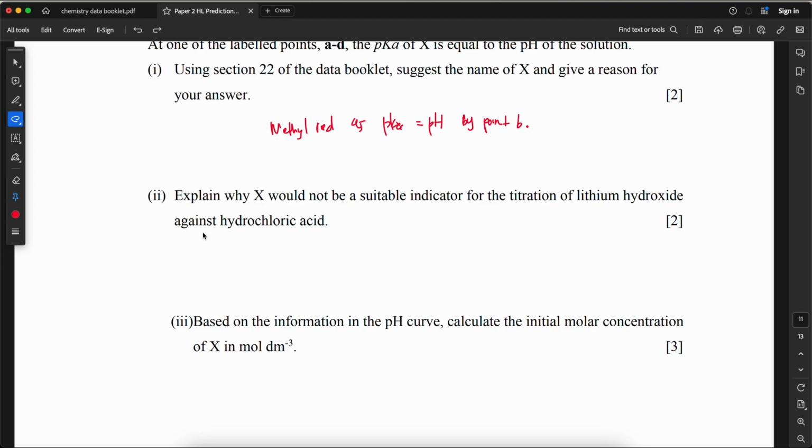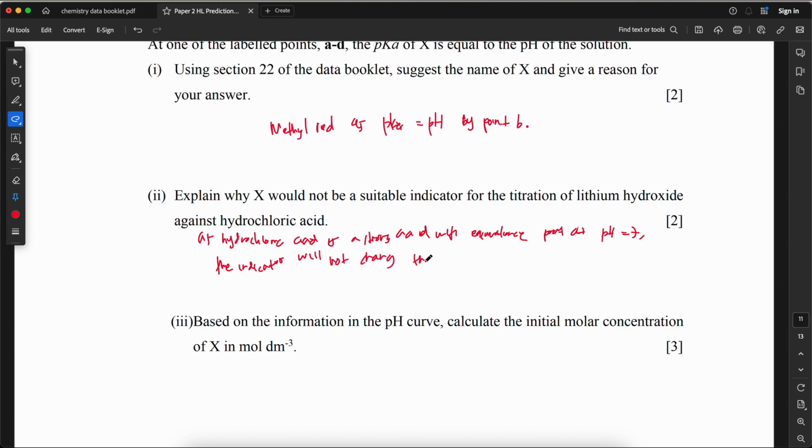So as hydrochloric acid is a strong acid with equivalence point at pH equal to 7, the indicator will not change the color,